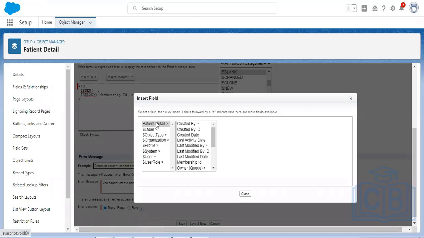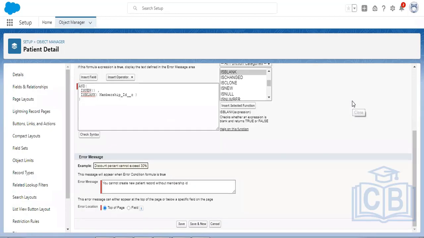We click patient detail and choose the field, then insert. So if this and this are true, then it will throw an error message. Now we have a privilege here to provide the error message that will be thrown to the user. Finally, click on save